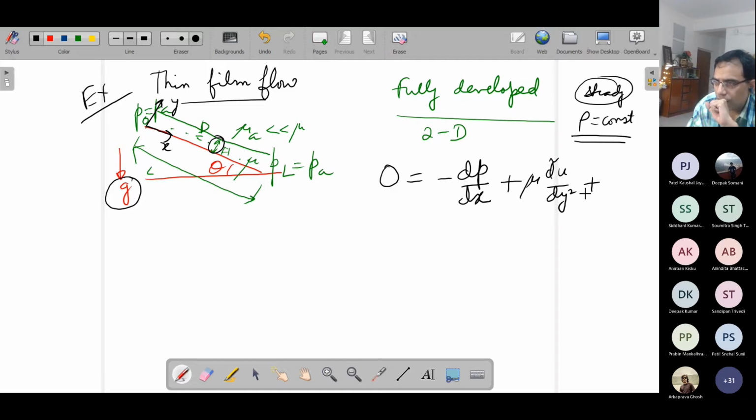I mean, the other way could be you could include the body force in this p by calling it p star is equal to p plus the rho gh effect, but we will not do that. So rho gh effect will come through the body force per unit volume in the x direction. This is x momentum we have to understand. So along the x direction, the component of g is g sine theta. So plus rho g sine theta.